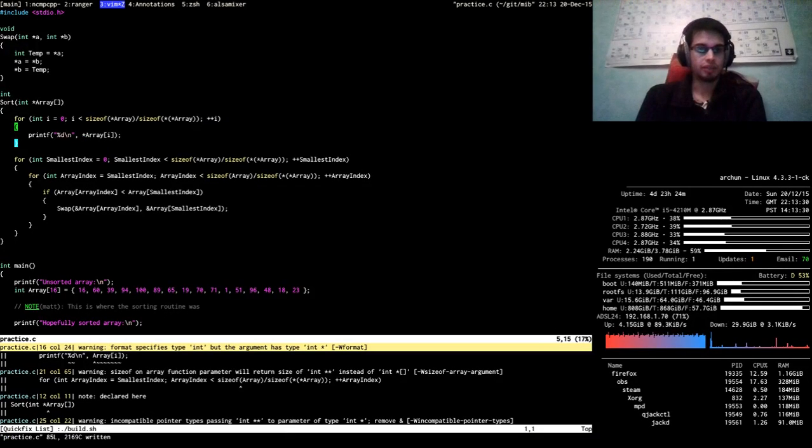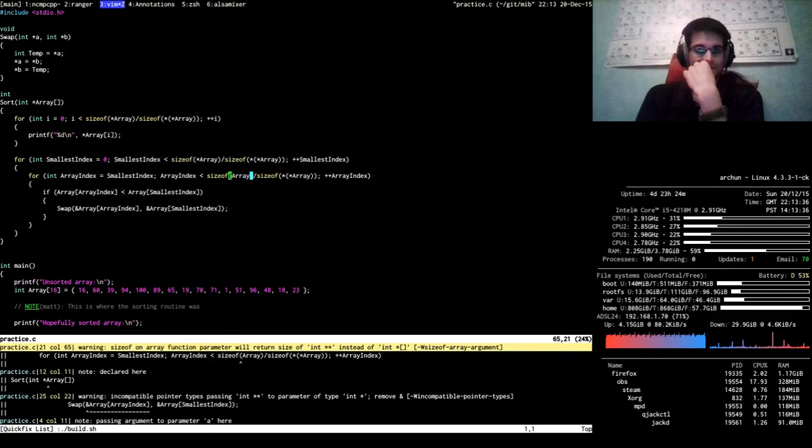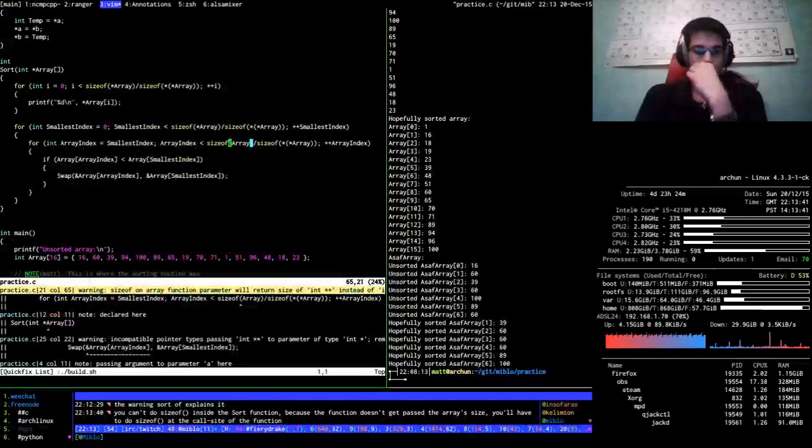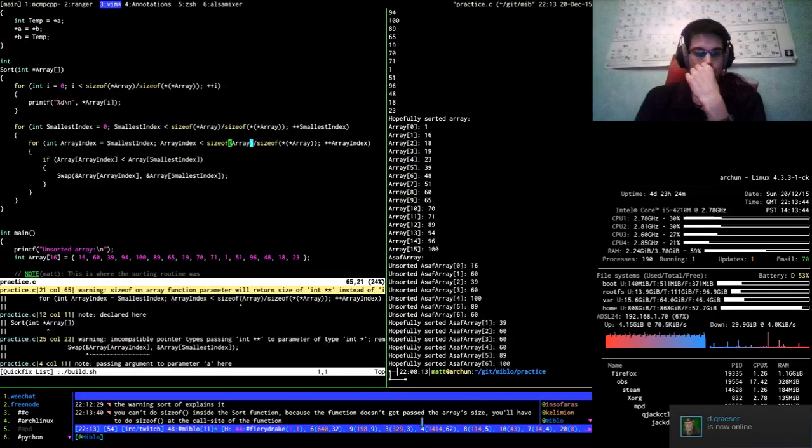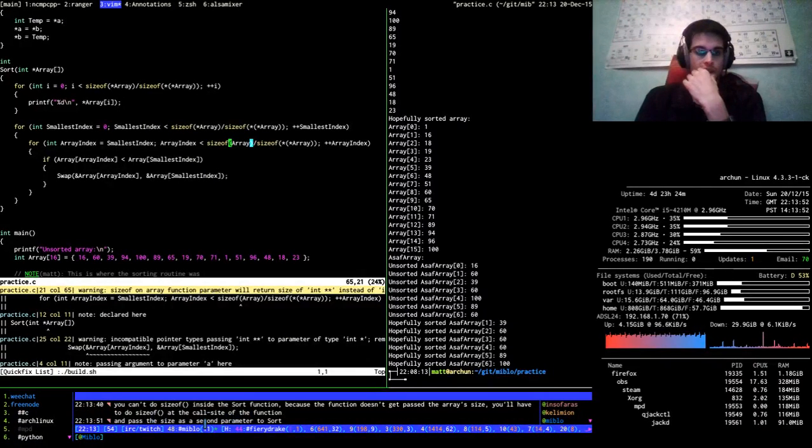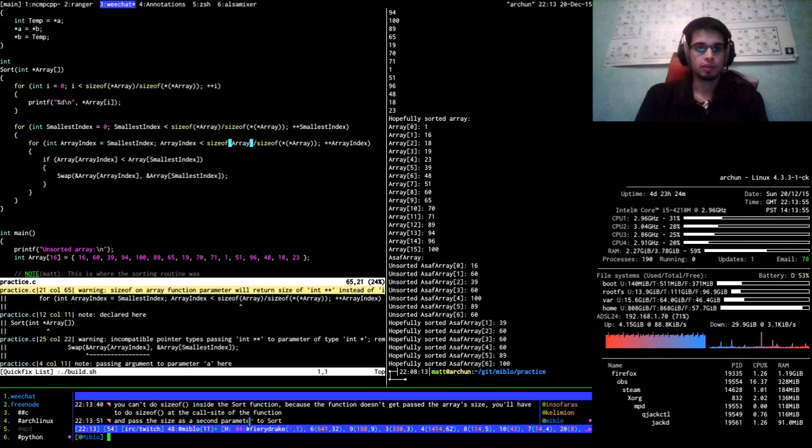It's not really printf that I want to do, is it? It's really, I just want to pass back the value. Oh, okay. That's the size of the second parameter. Okay, right. Interesting.